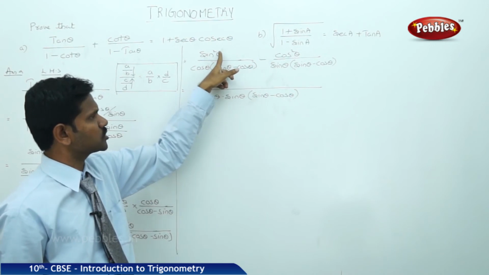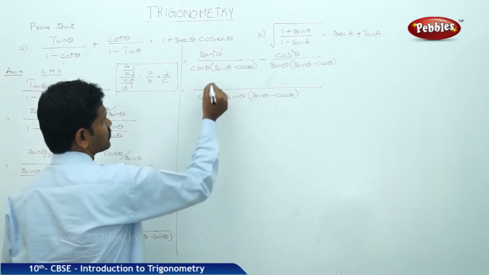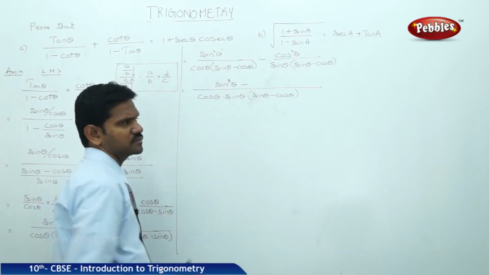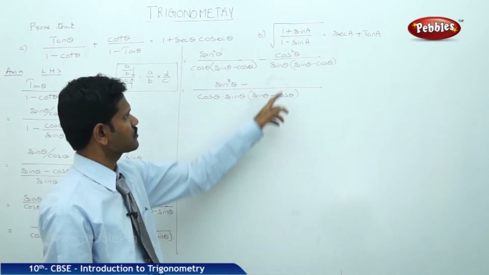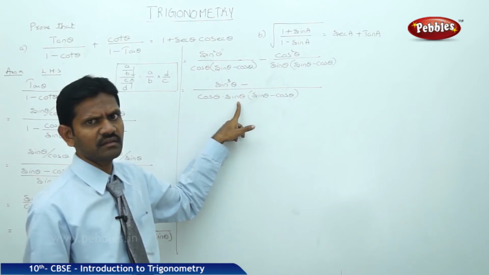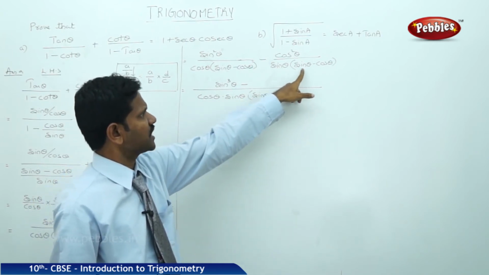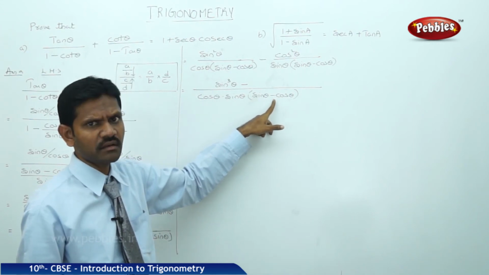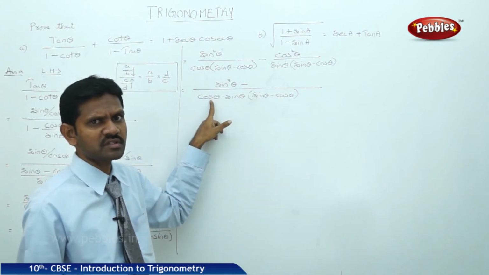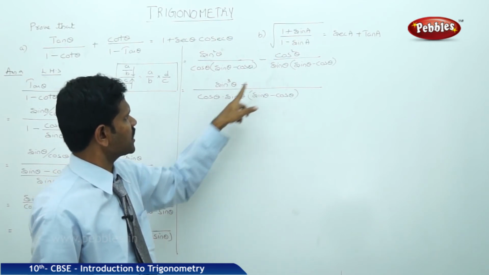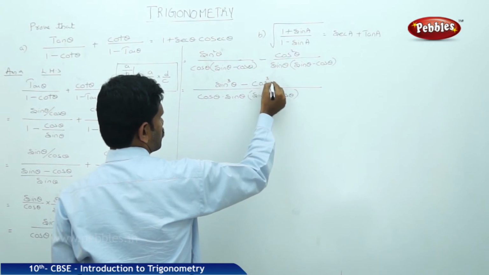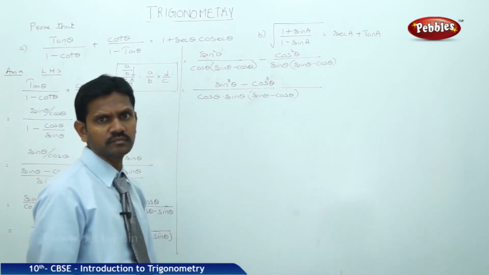Sin theta into sin square theta, that is sin cube theta, minus sin get cancel, sin theta minus cos theta, sin theta minus cos theta get cancel. Now the left part is cos theta. Cos theta into cos square theta, cos cube theta,